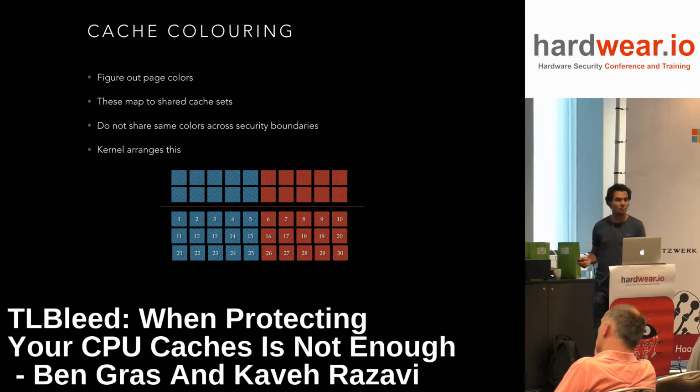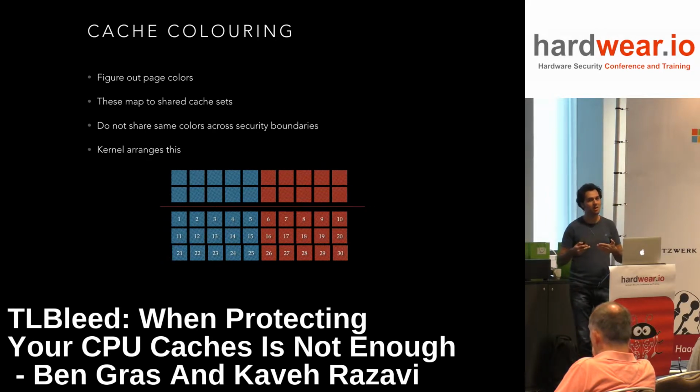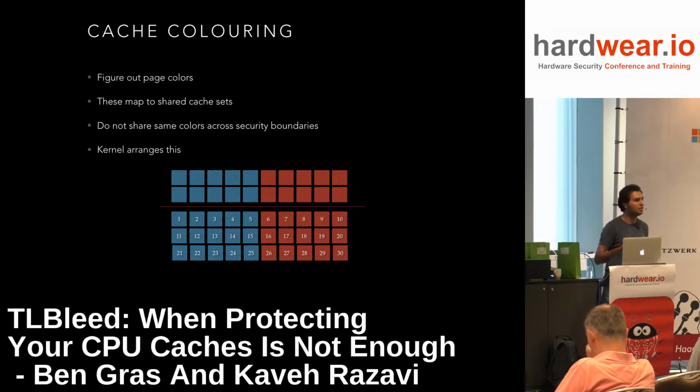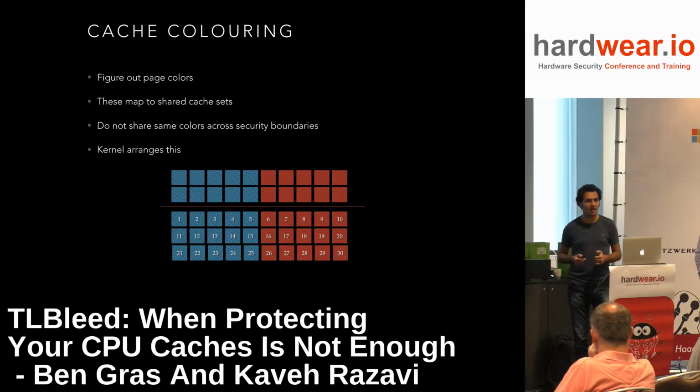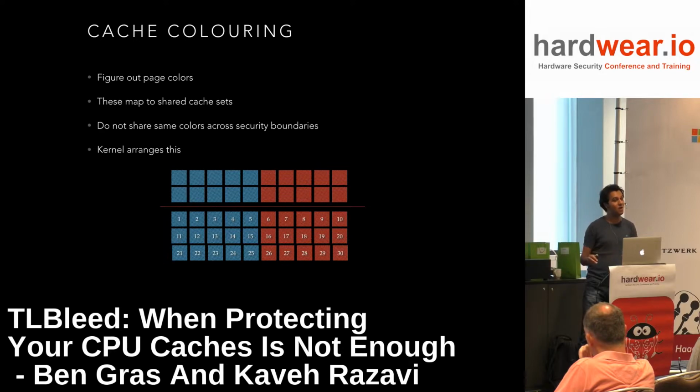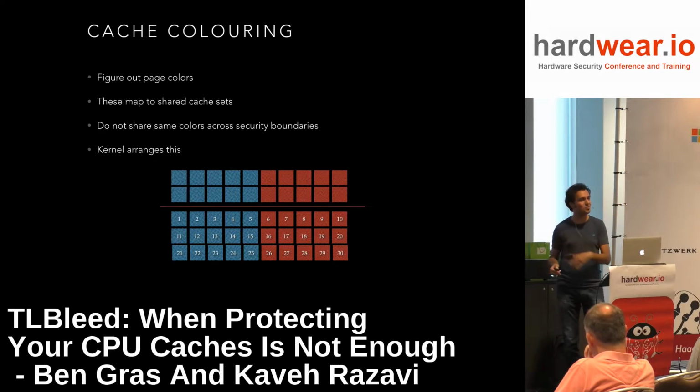Now this could stop cache attacks, but the problem is that now you have some limitation in terms of how your kernel or your operating system could allocate memory to different processes in the system. And this limitation basically makes it quite complicated to write memory management code. I don't know how many of you have tried to understand or fiddle with memory management code. If you have, you know that it is already quite complicated as it is. So if you want to add more constraints to it, it suddenly becomes much, much more complicated. So people typically don't like to do this.